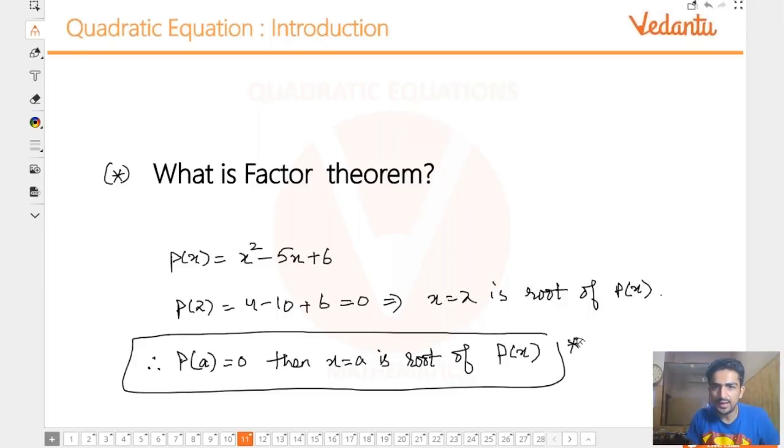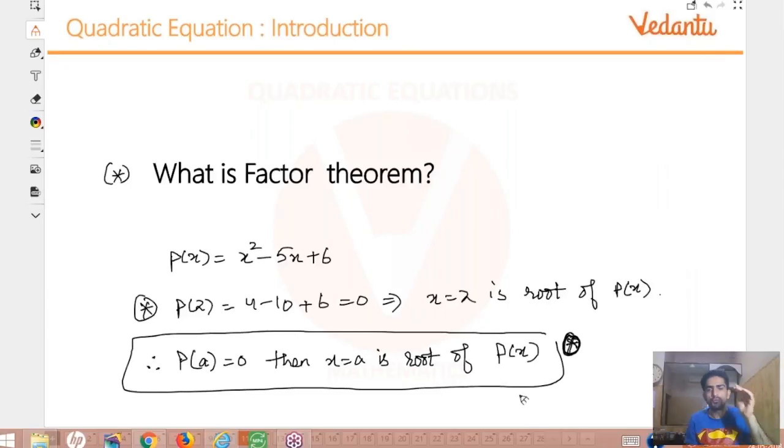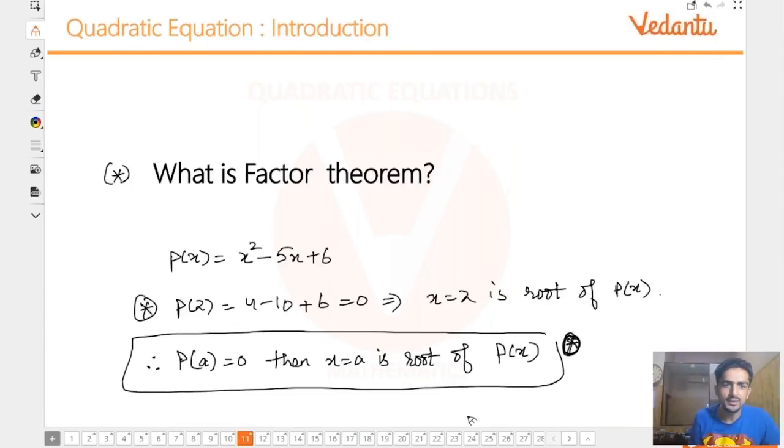Before proceeding ahead, I need to be confirmed that you are comfortable with this statement. Everybody just tell me, are you comfortable with this statement that when I say p of a is 0, then x equal to a should be a root of p(x), as I concluded here? Okay, so pretty much everybody is clear with that. Great. So now proceeding with that,